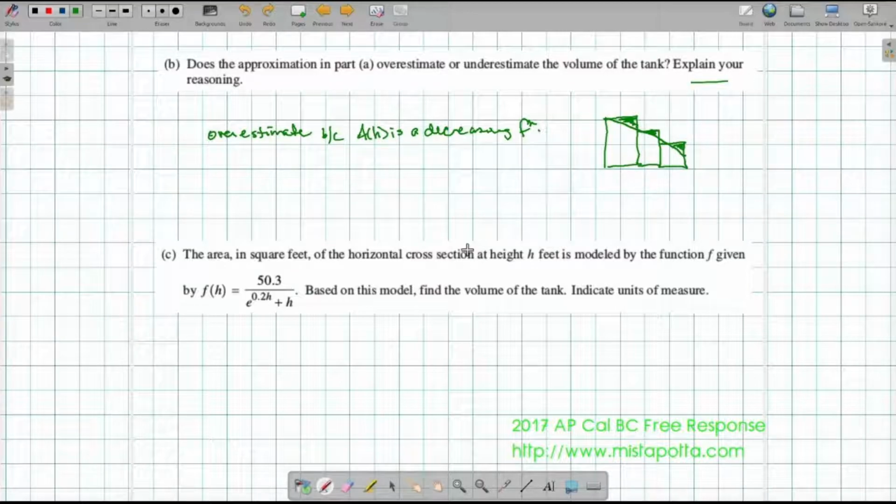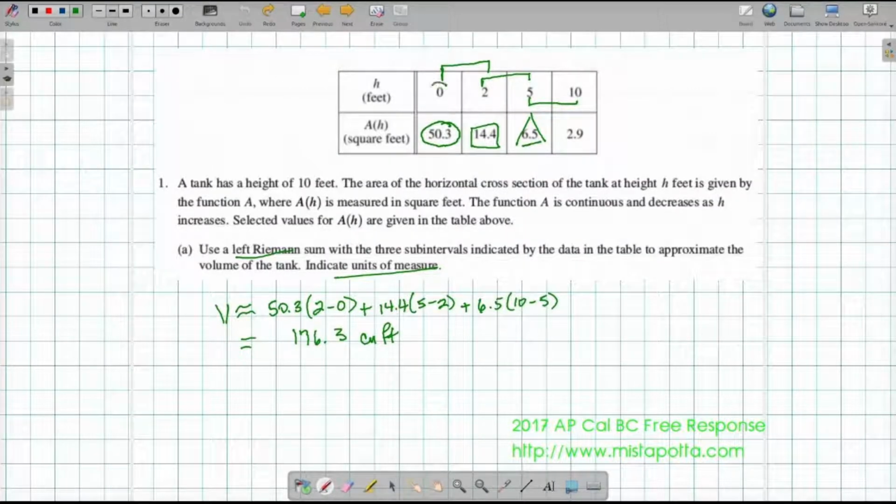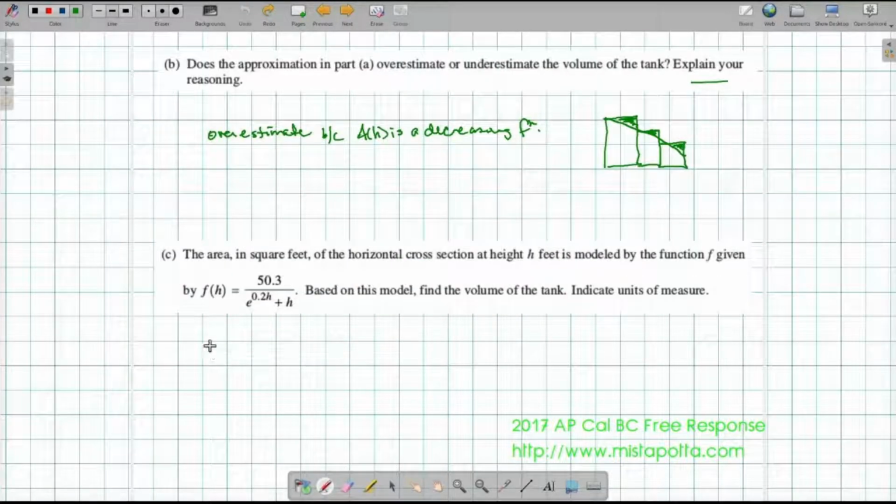There's our justification. On part C, it says the area in square feet of the horizontal cross-section at height h is modeled by the function f, given by f of h equals this. And it says, based on the model, find the volume of the tank and indicate units of measure. So keep in mind, from our table, we know that we're going from 0 feet to 10 feet. So our volume is going to be the definite integral from 0 to 10 of our function f of h